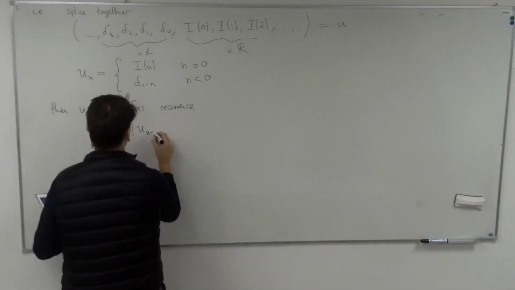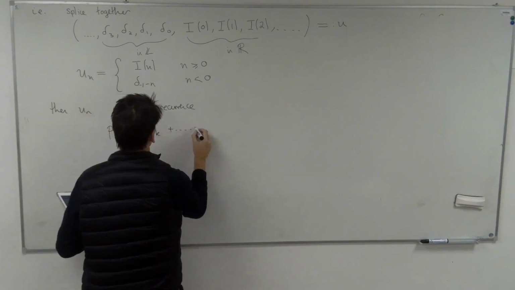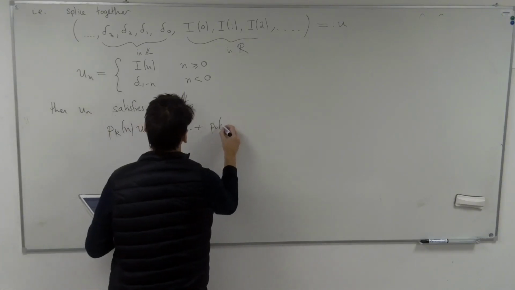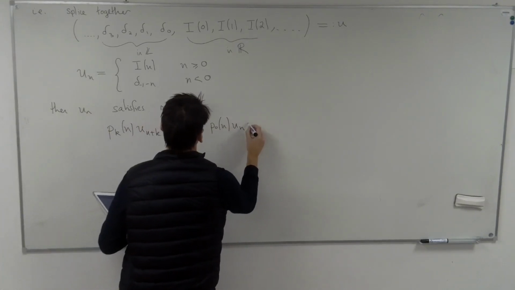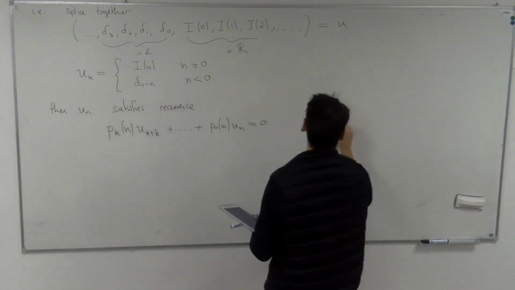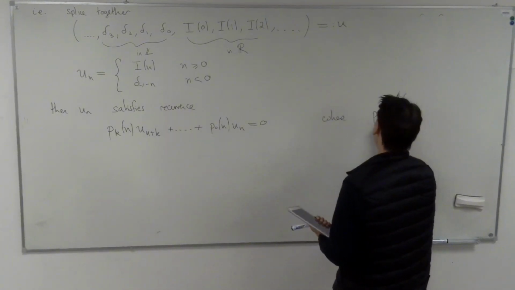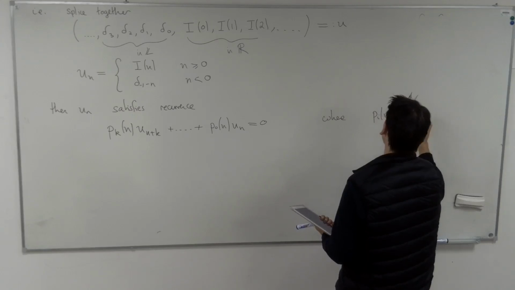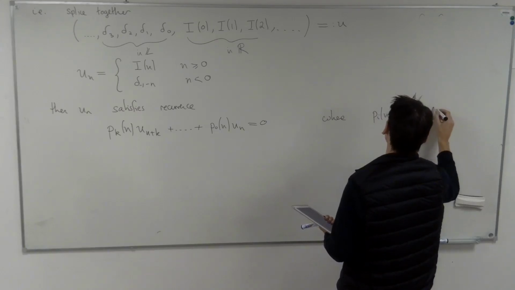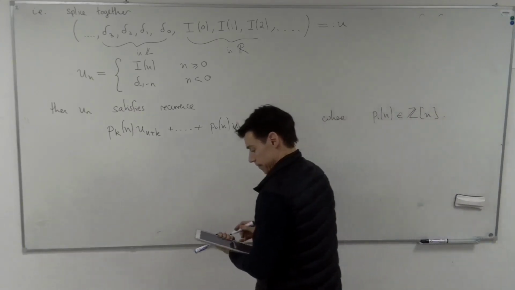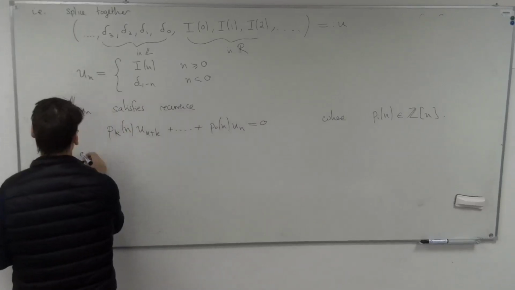It's something like this, where P_i(n) is a polynomial in n associated to